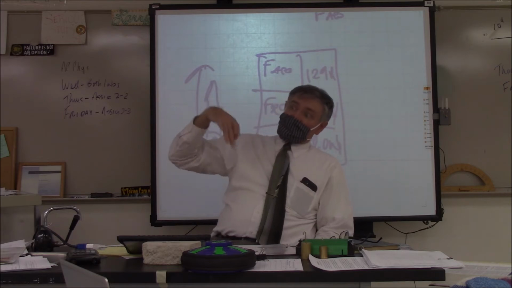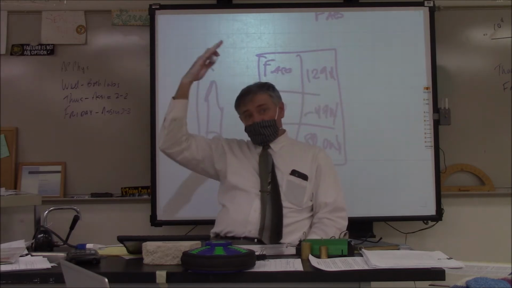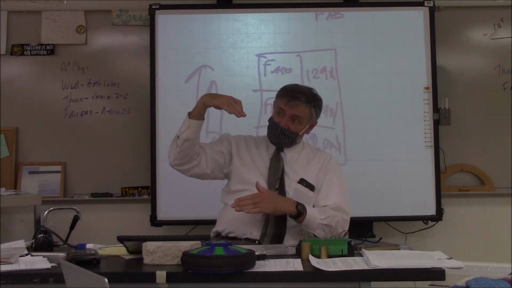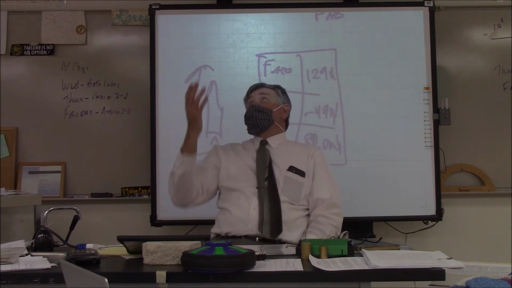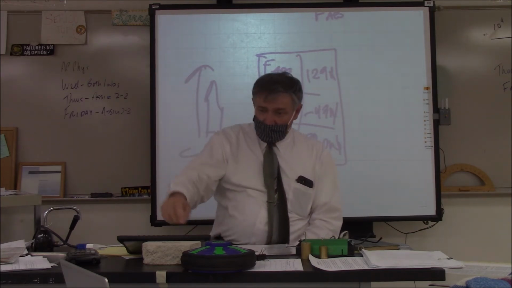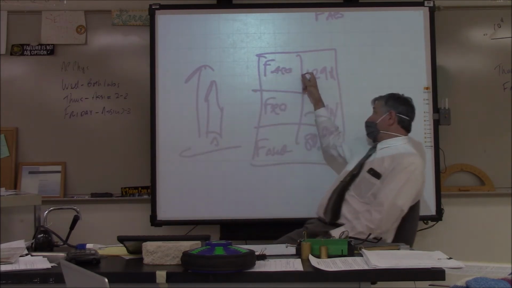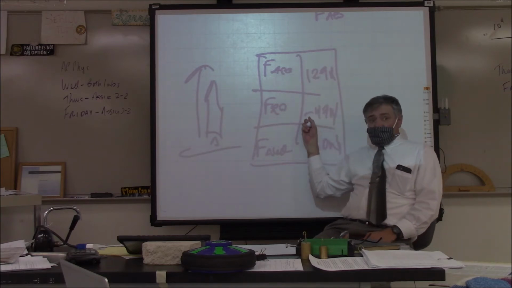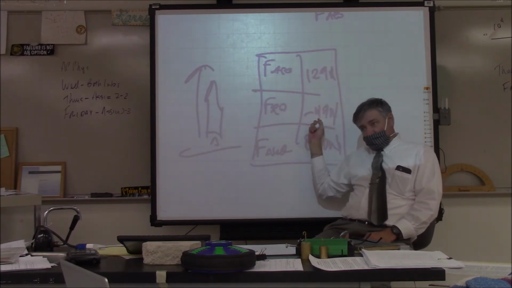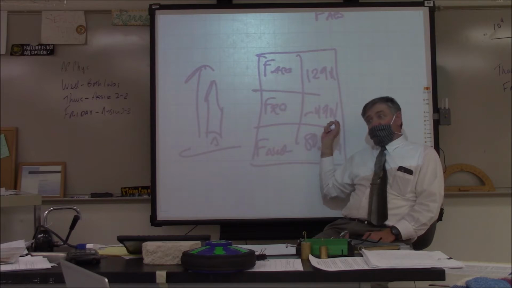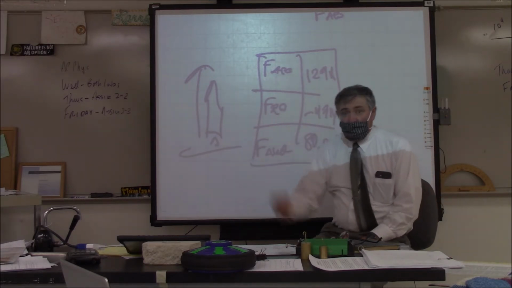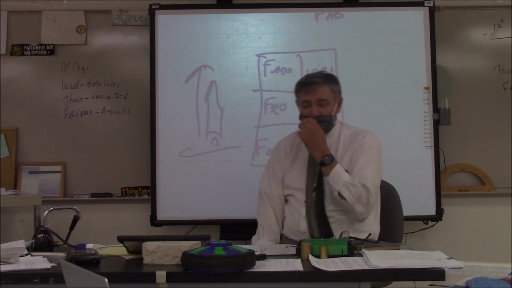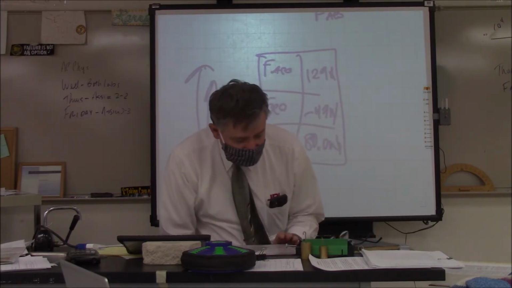So if I'm going to make something accelerate upward, my applied force has to be bigger than my downward force. But as soon as it leaves my hand, I lose this applied force. The only force acting on it is gravity, which is going to create a negative force and a negative acceleration of negative 9.8 meters per second squared. Okay? So make sure